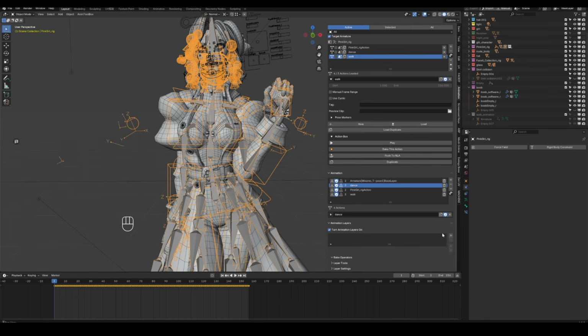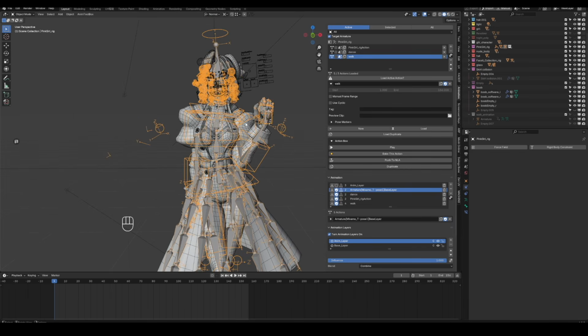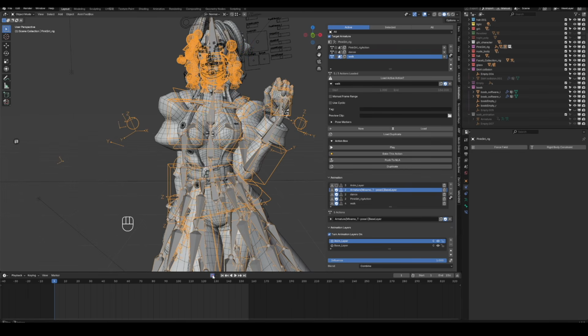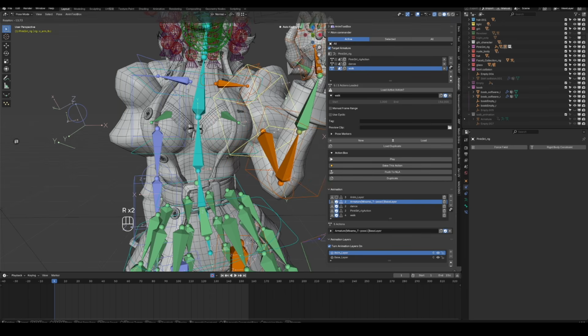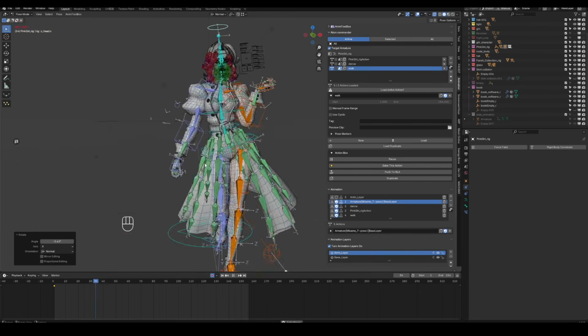First enable Turn Animation Layers on, then click the plus button to add a new layer. On the new layer, you only fix what you don't like, such as the sinking shoulders. Turn on auto keying, go into Pose mode. Raise the shoulders a bit, open the arms slightly outward, then select the wrist.